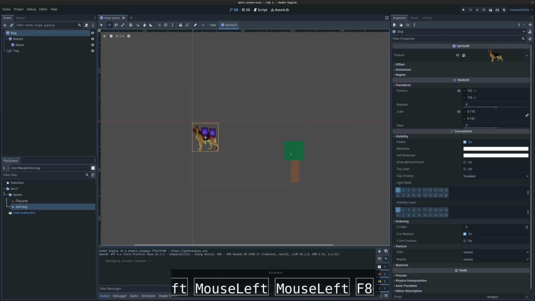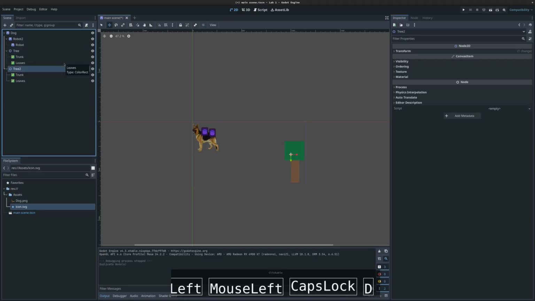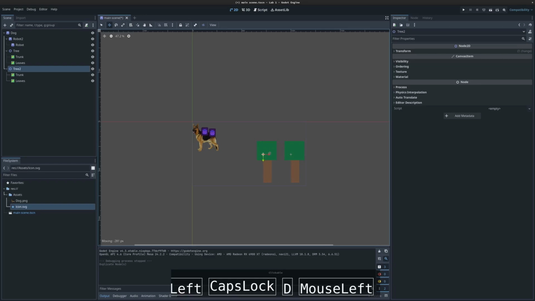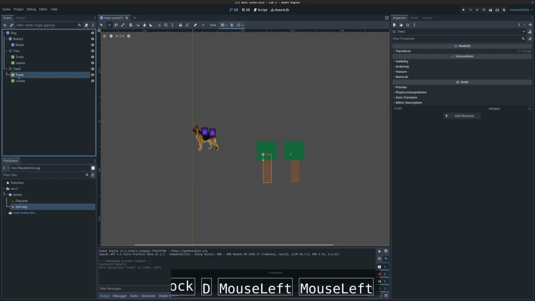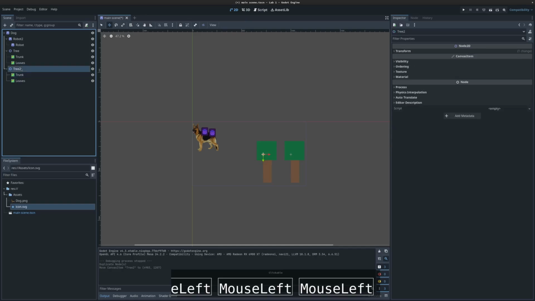Now, if we want to reuse something over and over again, we could just copy and paste it. So we could just take this node, and you can do Command D or Control D to duplicate. What's nice about that is it automatically duplicates any children of the node. And so you can move it over, and we do now have two trees. That's kind of helpful. But what's not great about this system is